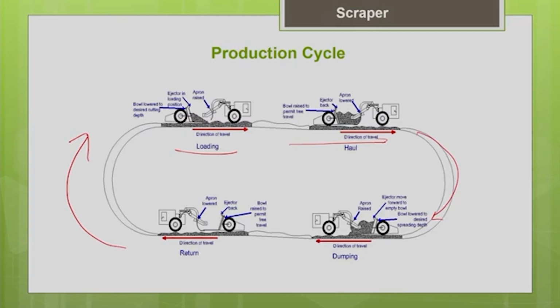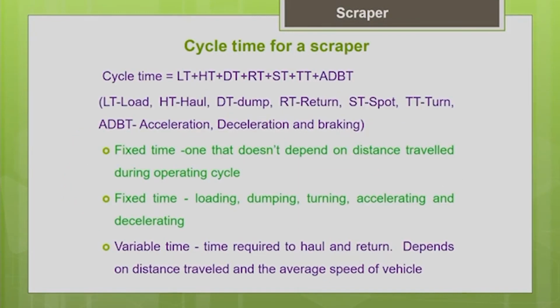So, depending on your project site, there can be even more turnings than this. Everything depends upon your project site. So, basically loading, hauling, turning, dumping, returning, again turning, and get ready for the next cycle. These are the components which make up the production cycle of a scraper. So, cycle time of the scraper is nothing but load time, haul time, dumping time, return time, spotting, because most